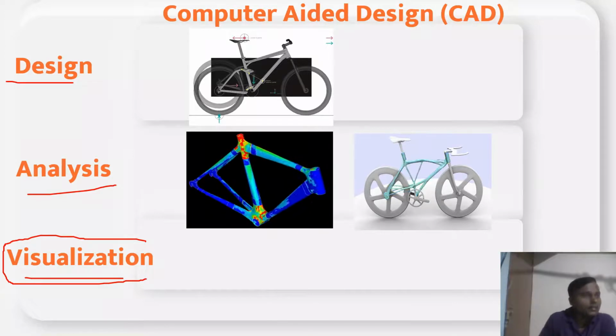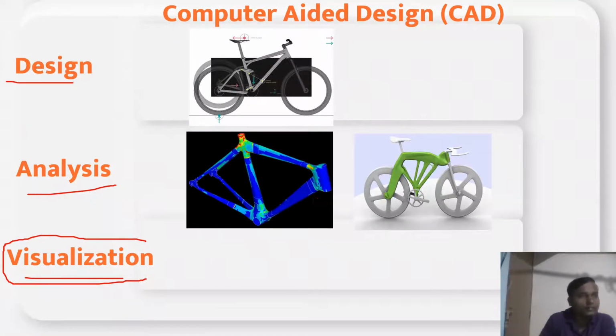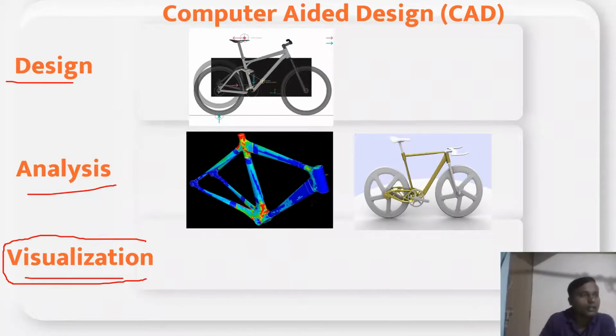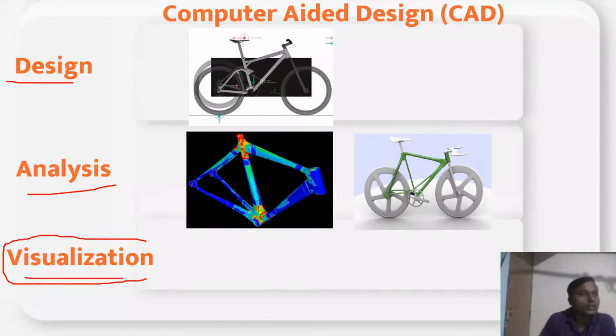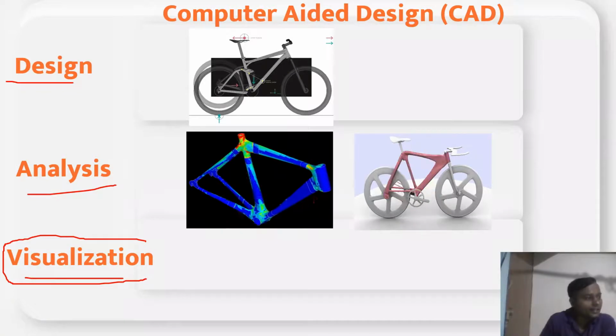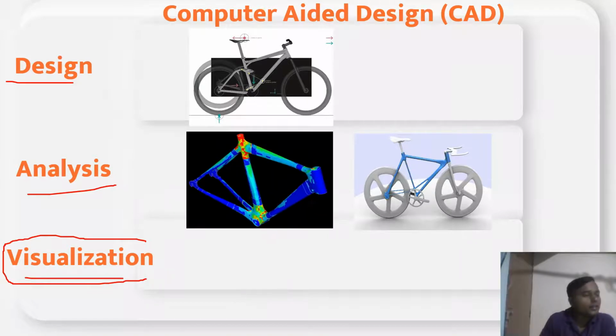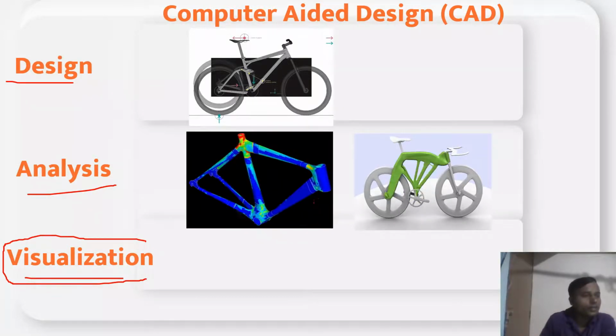Design means geometrical modeling, that is 2D or 3D modeling, including drafting, part creation, drawing with various views of the part, assembly of parts, etc. It is called design: 1D, 2D, 3D, whatever you want. We are creating 3D modeling. Second, analysis, which refers to finite element analysis. In this syllabus, we study finite element analysis in unit number 4, and at that time I will explain everything about it. It is the analysis portion, optimization, and other engineering analysis.